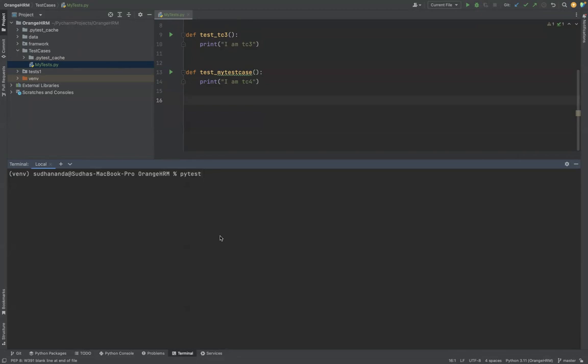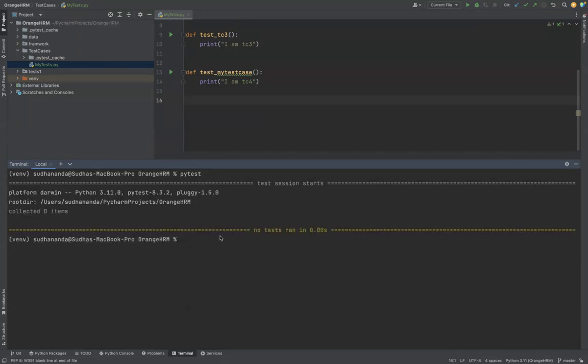Okay, so now you have to navigate to the project folder in the terminal and run the command like pytest. If you just use pytest, then nothing has been executed. It collected 0 items, meaning there are no test cases to be executed, but there are test cases, right? So then, what you have to do is